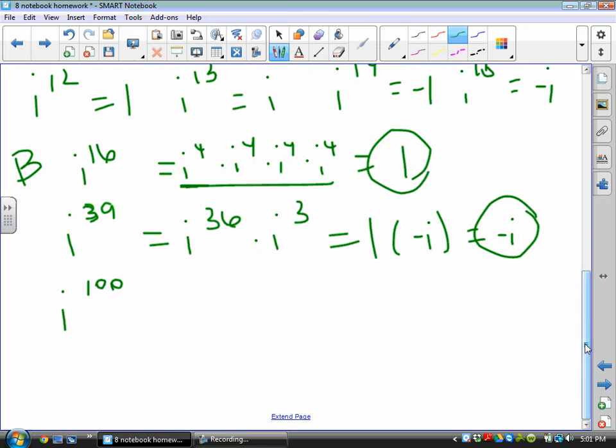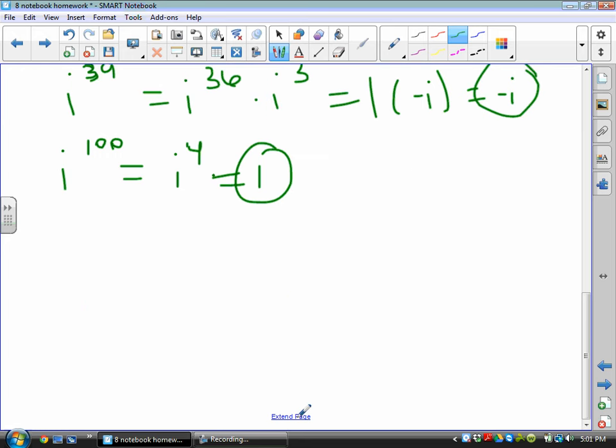Okay? 100 is a multiple of 4. It's basically 25 i to the 4ths written down and multiplied by each other. So that's going to equal 1. Okay? So I have 1, negative i, and positive 1 again. Alright, for part C,